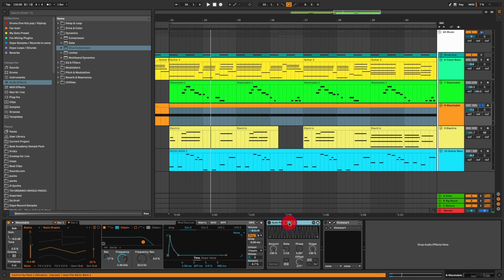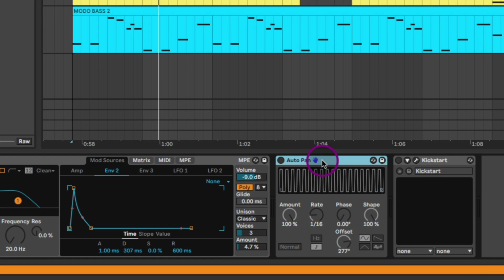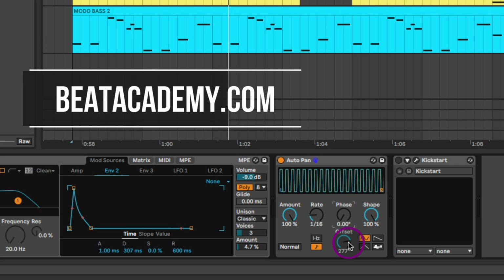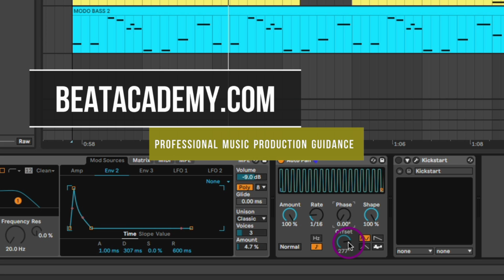But I'm using the Auto Pan plugin as somewhat of a gate to create that sequence that we hear in the reference. So I'll put this on and I have the amount set to full blast. That's 100%, 16th note. But the trick is, by default, the phase is at 180, so it's going to pan from left and right. The trick is pulling the phase all the way down to 0, and that turns the Auto Pan into this really cool gate. And you're just adjusting the offset knob to find that nice pocket, the nice pattern, the sweet spot that